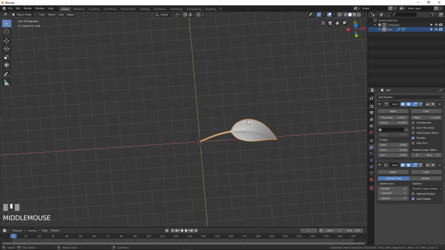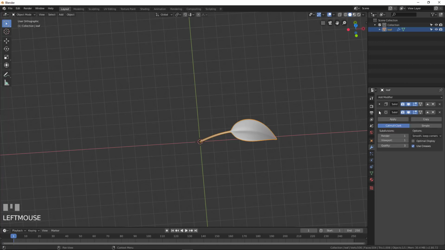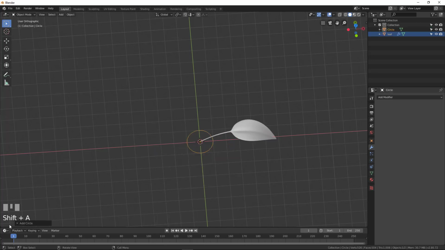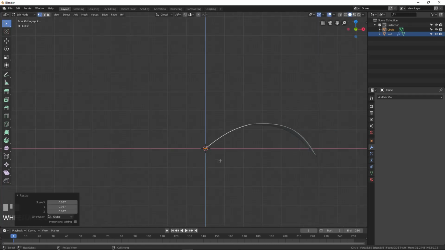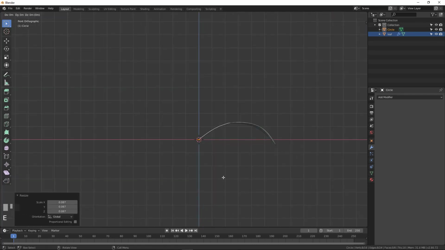For now, I will not touch it for a moment, so I can just go and close the solidify and the subdivision surface, because we will add some modifiers after. The next step of this creation, we will add a circle here, and we will create the stem of the plant. So we don't want too much vertices, something like 8 will be enough, and we will go into edit mode. So we will scale it down because we don't want something too thick, okay. I will extrude that with E